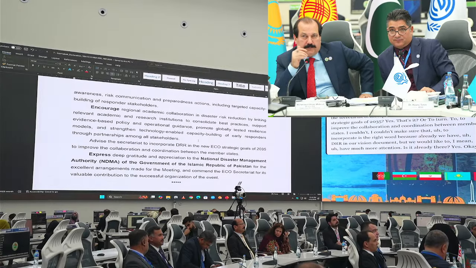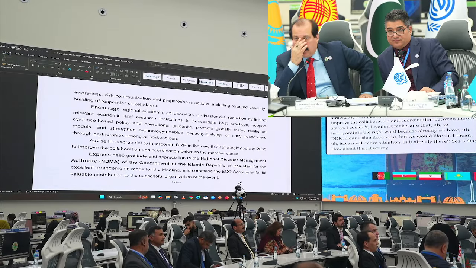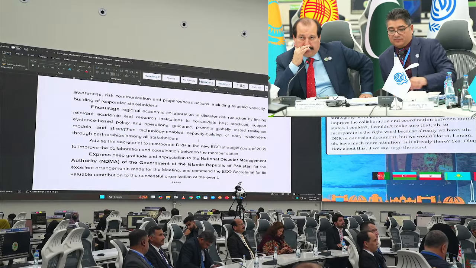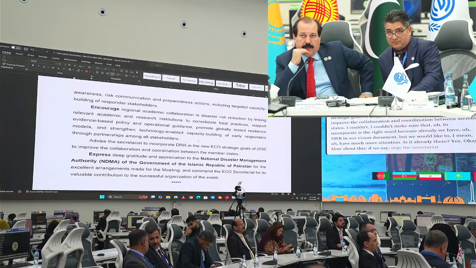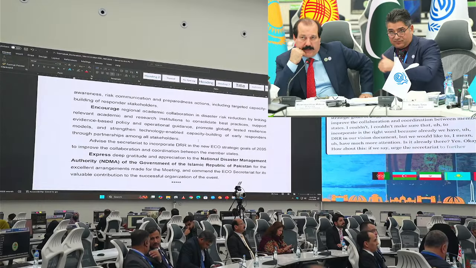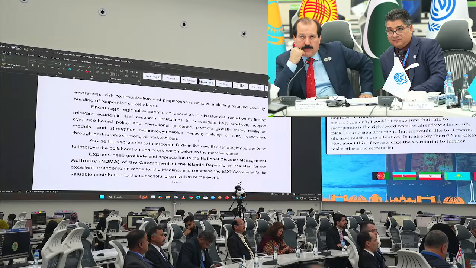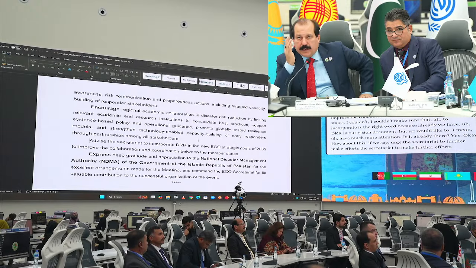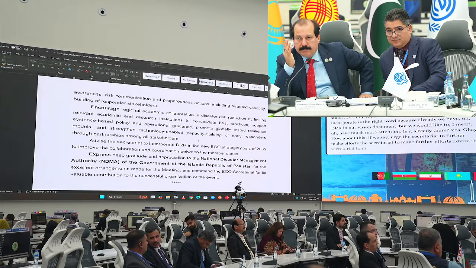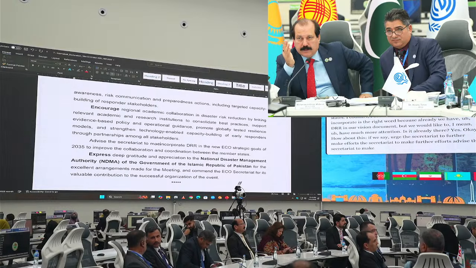How about this if we say, urge the Secretariat to further make efforts, the Secretariat to make further efforts, advise the Secretariat to make further efforts